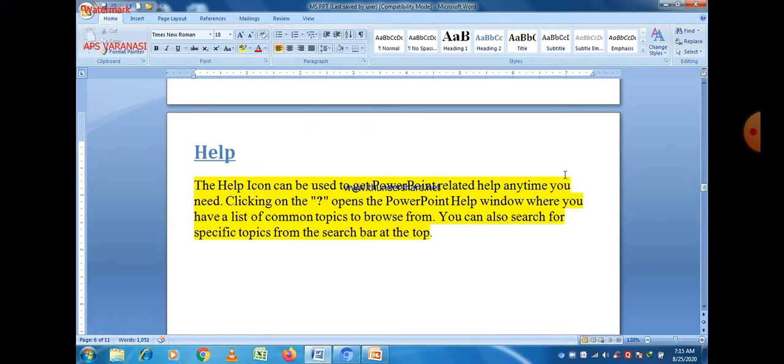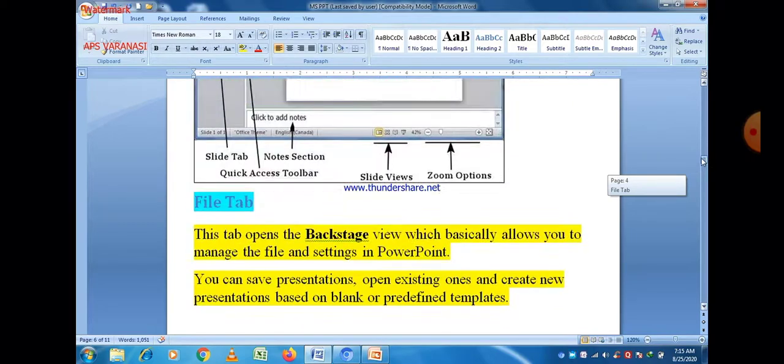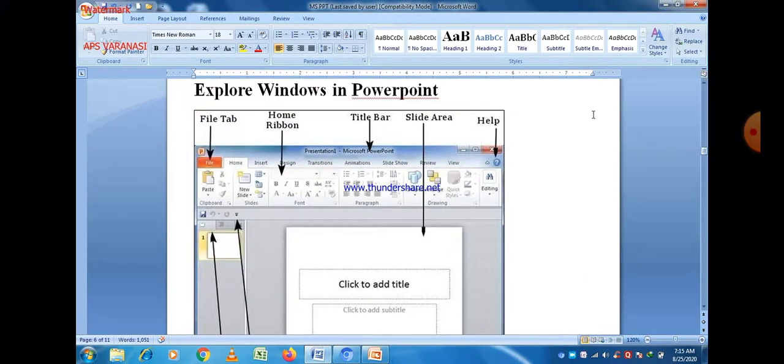When you click on that question mark, different types of topics are available, and you can select any one of them as per your requirement, and this will guide you to solve that problem. You can easily see that this is the help option.